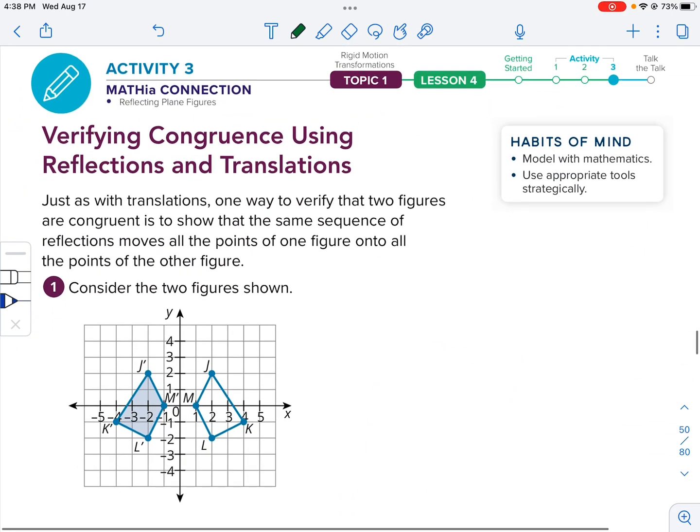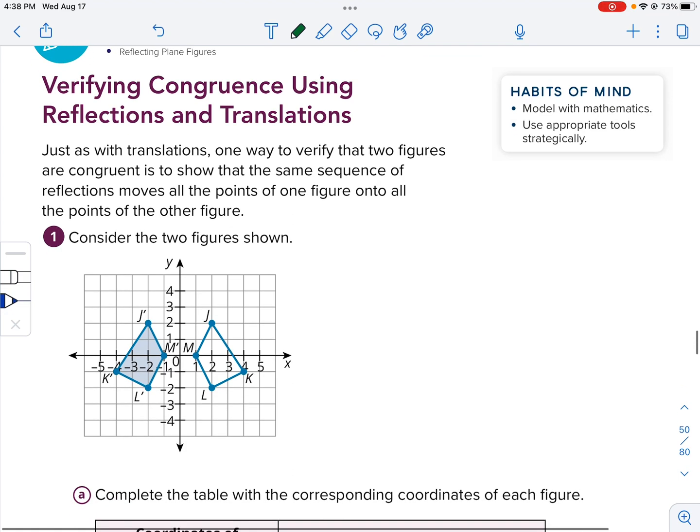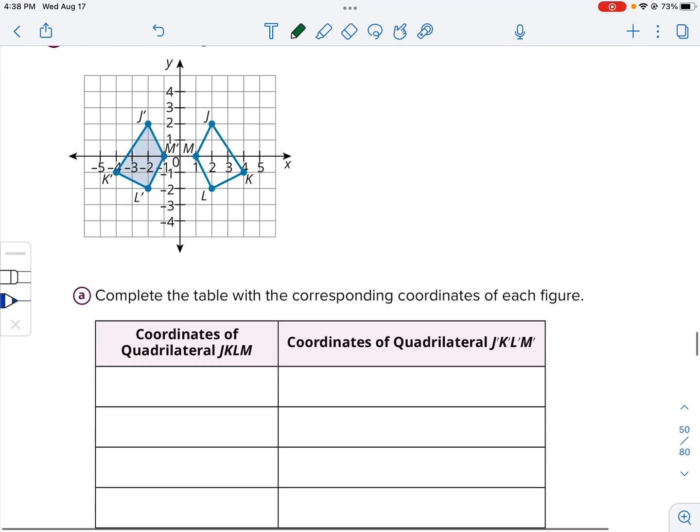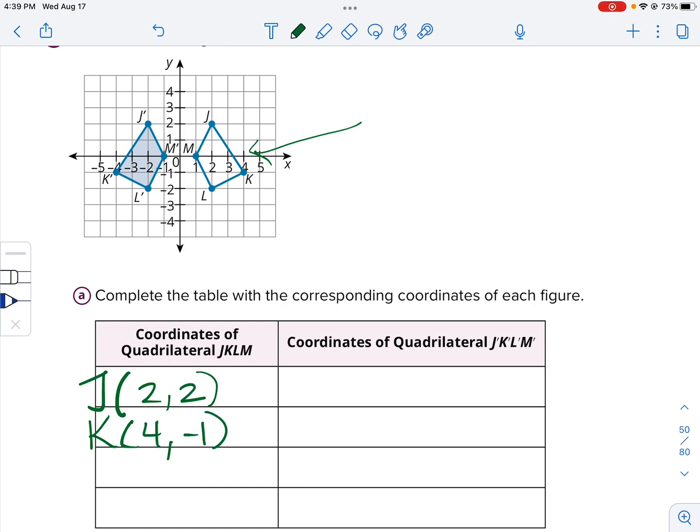Okay, beautiful. Now we have to verify that these are the same. So the coordinates of the original. So J, this is the pre-image. So J is going to be 2, 2. K, 4, -1. L is 2, -2. And M is 1, 0. What are the coordinates of